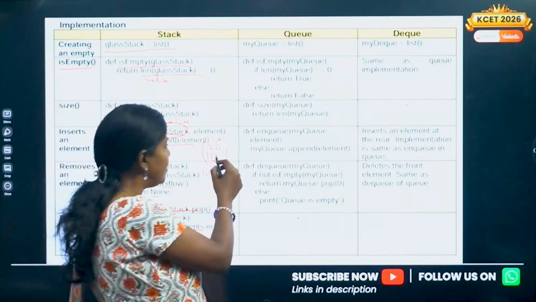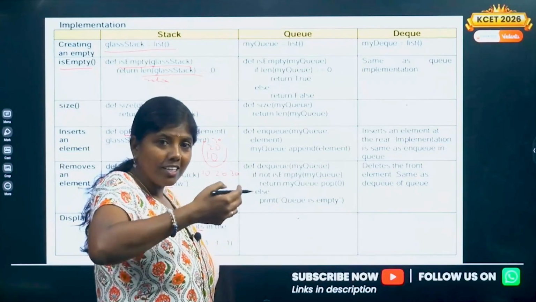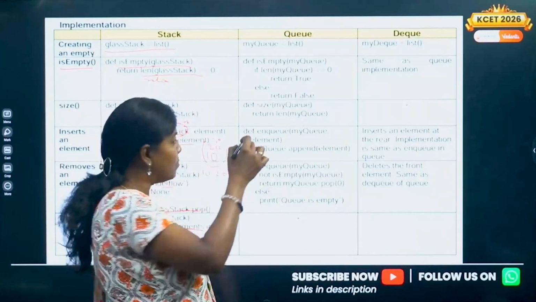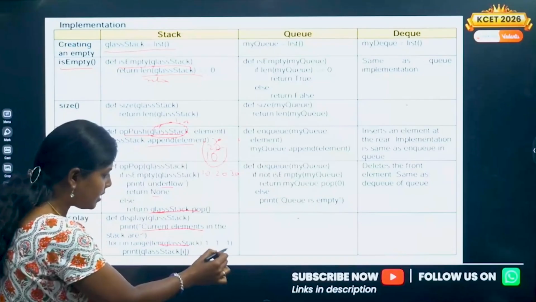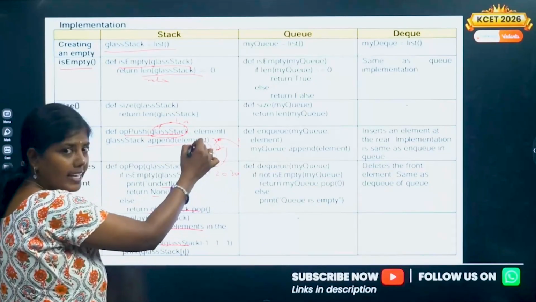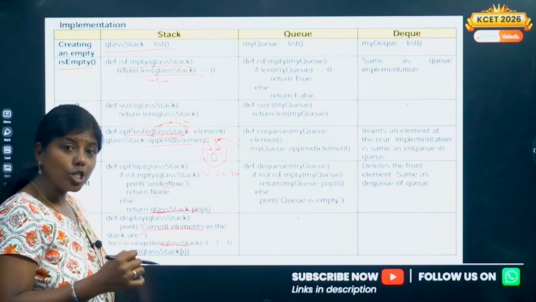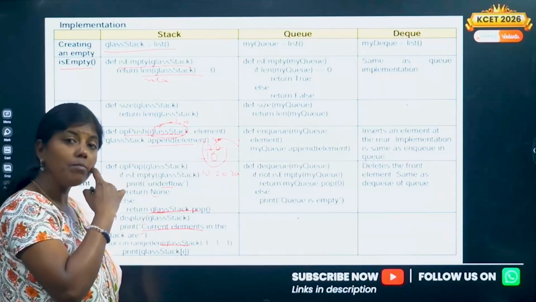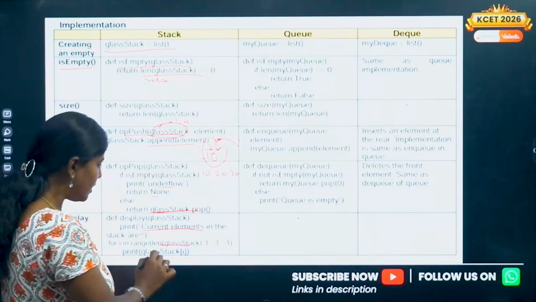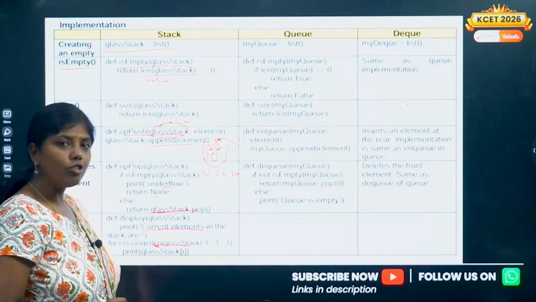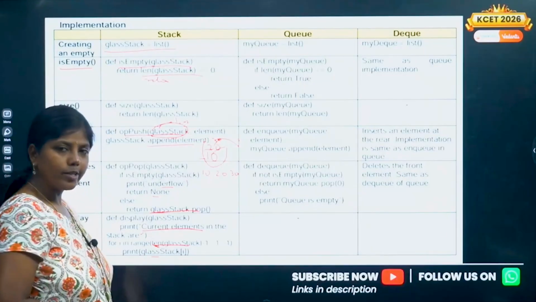How will you display, as 10, 20, 30 or 30, 20, 10? How do you retrieve it? The topmost element will come first, right? Topmost 30 will come, 20 will come, 10 will come. Similarly, from -1, 30 will come, then a decrement, 20 will come, again a decrement, 10 will come. As long as there is an element in the stack, it will keep displaying all the elements. That is why they gave the length of the stack, and every time it keeps decreasing. And print the stack of i.